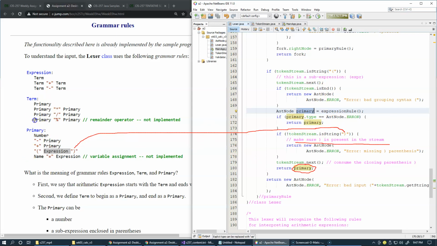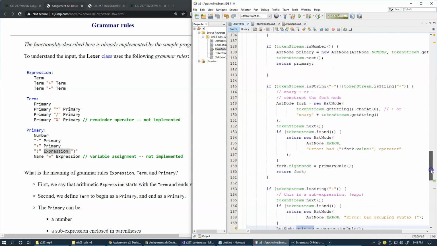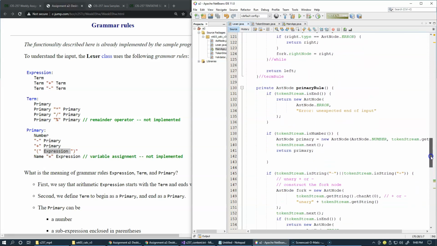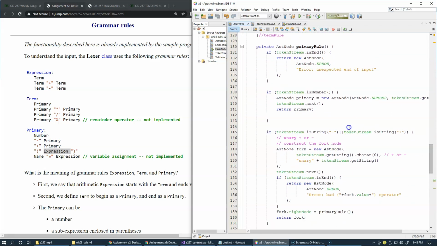So these are three rules that we have, implemented as Java methods, and they implement these grammar rules. This is a very nice exercise. I know that it can be a little bit overwhelming when you look at this the first time, but it can be an interesting experience to examine the code at your own pace. And I have some comments here, and you can see here and there what's happening. And the most important part then